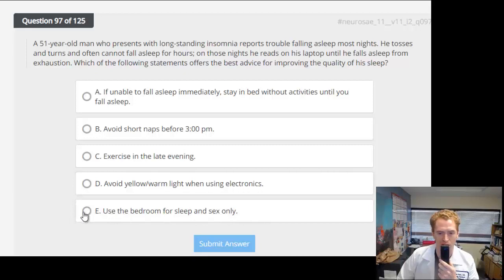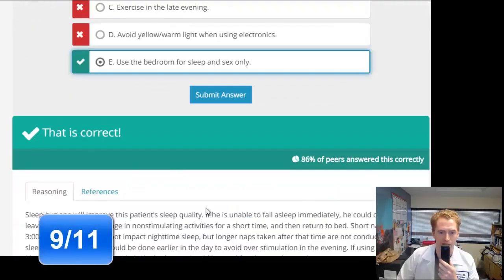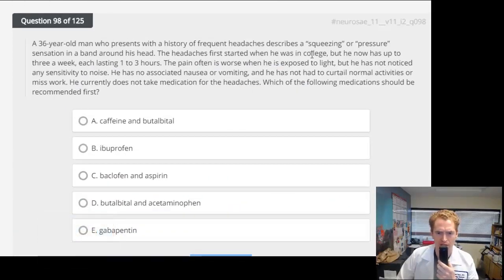Use the bedroom for sleep and sex only. So yeah, this is good sleep hygiene. So I think this is the correct advice, that you have to associate your bed with sleep. And that is what they were getting at, sleep hygiene. Yeah, okay. All right, a 36-year-old man who presents with a history of frequent headaches describes a squeezing or pressure